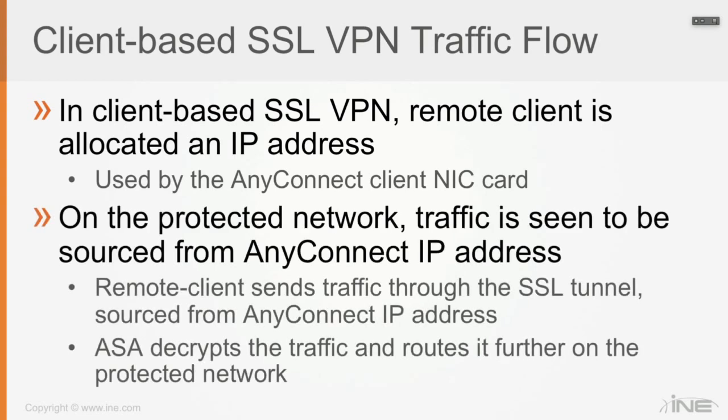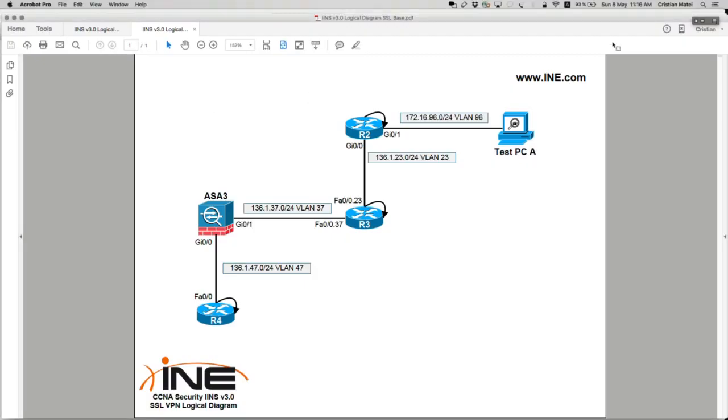So on the protected network, traffic is going to be seen as sourced from the AnyConnect IP address. What happens is the remote client sends traffic through the SSL tunnel, and it's going to source that from the AnyConnect IP address, which was leased, of course, from the VPN gateway. And the ASA decrypts the traffic and routes it further on the protected network. So what this means, if you look at our use case in here,